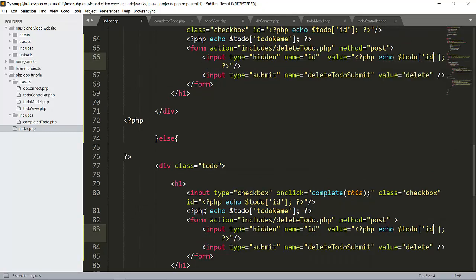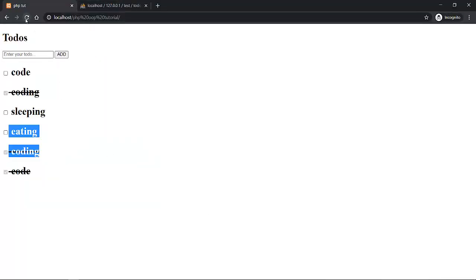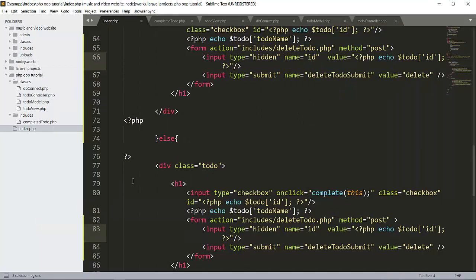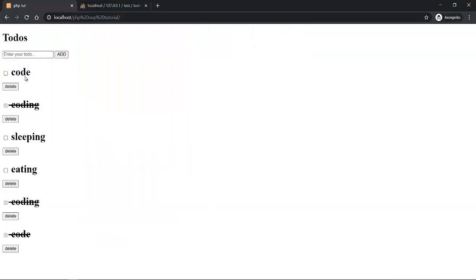Let's reload this. See that we are getting the delete option also.